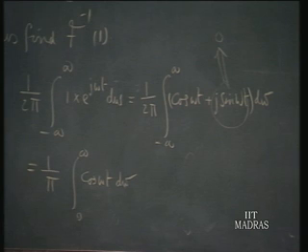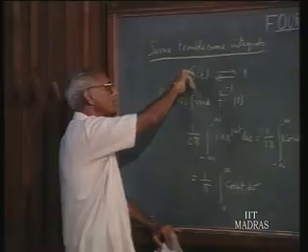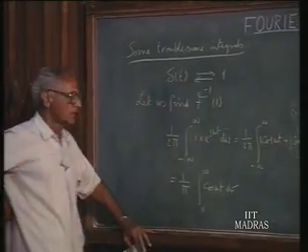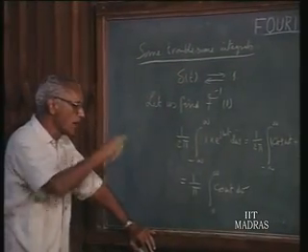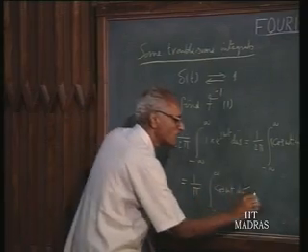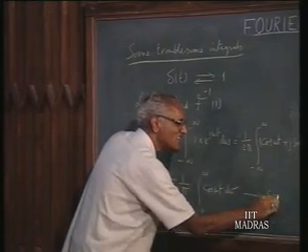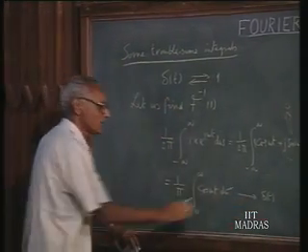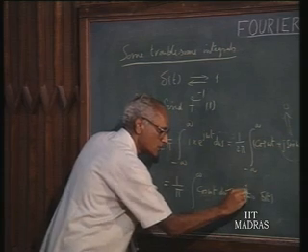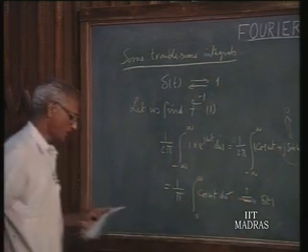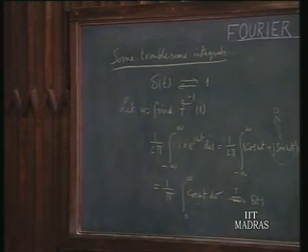However, since we started with the inverse Fourier transform of 1, the inverse Fourier transform must lead to delta t. We know delta t has this Fourier transform. So apparently this whole thing must be equal to delta t. This must be equal to delta t. Now that is where we have a problem